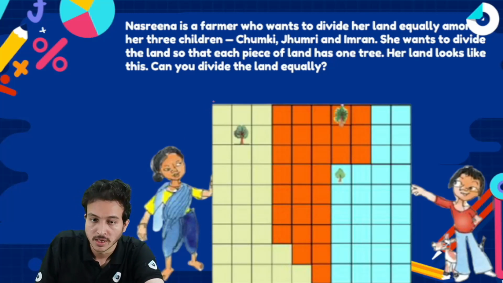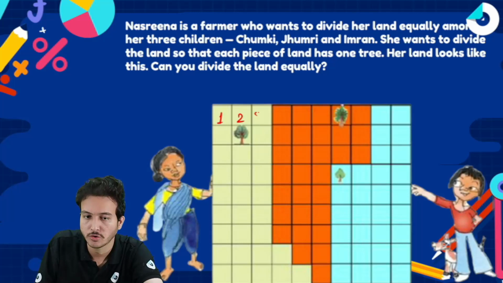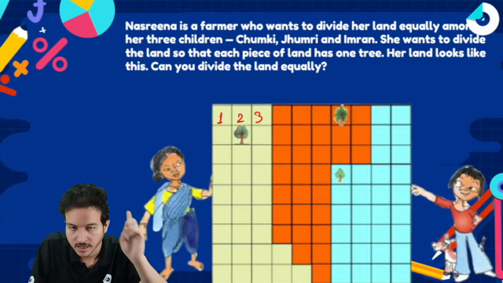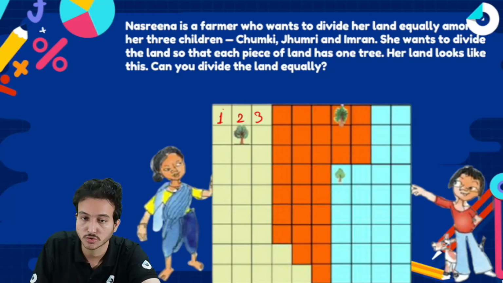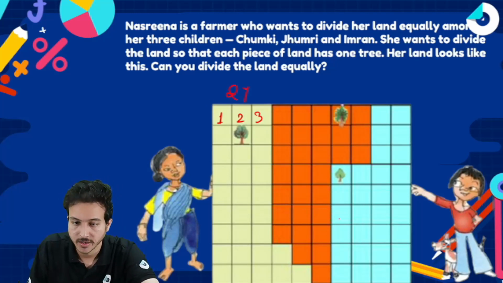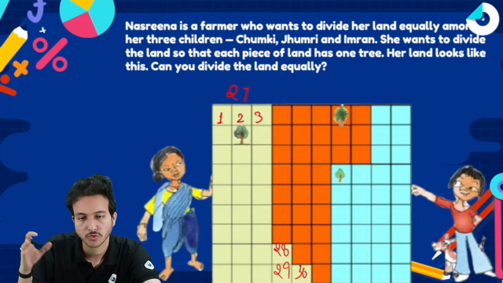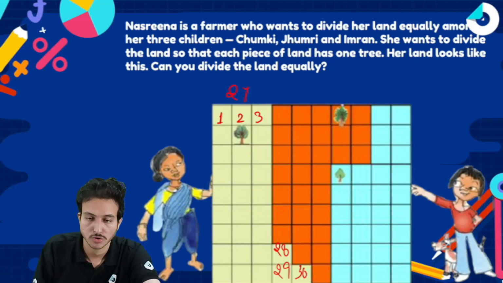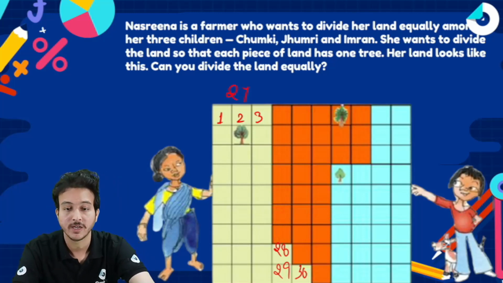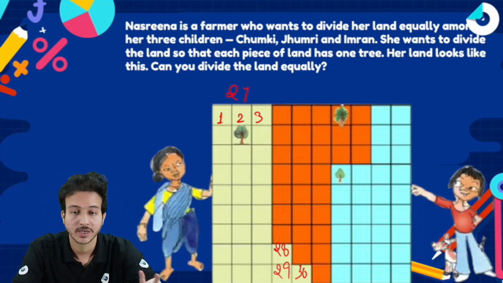If you count down this, can you look 1, 2 and 3, and we have also counted that there are 9 squares along the length, so it will give you 27. So this will be 28, 29 and 30. So first one getting 30. Similarly the red one given to the other one, it will also get 30, and the third one also gets 30. So this is the way through which you can divide this land equally to three different